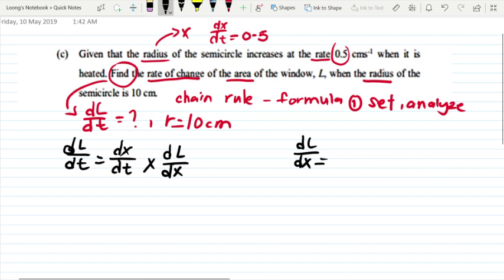If you are correct and follow all the steps before, it will be an easier task for you to get all correct in this kind of question. So what we have here is negative pi x plus 80, and x is equal to 10. So we need to substitute this,